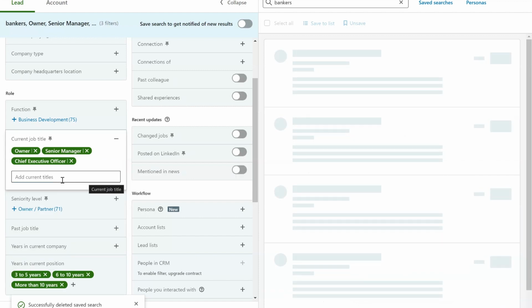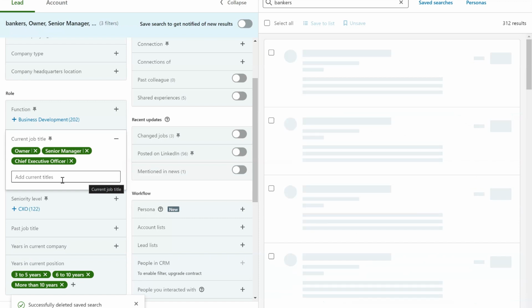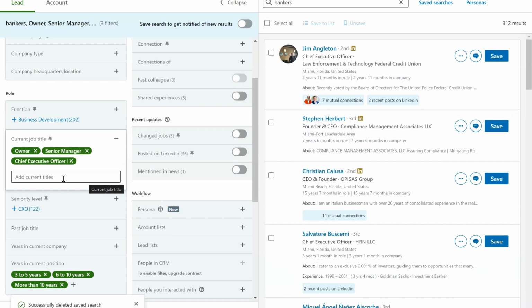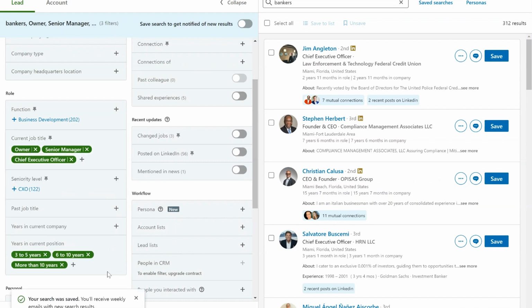So this one here, you're going to probably get about 140 results for, because we're very specific. We're inside of Miami-Dade. We're looking for specifically CEOs, owners, or senior managers. So we actually have 312 of those. So that's how specific you can get. You can go through here and check out the other 120 or however many different parameters there are, but you can check all the different ones that you want.